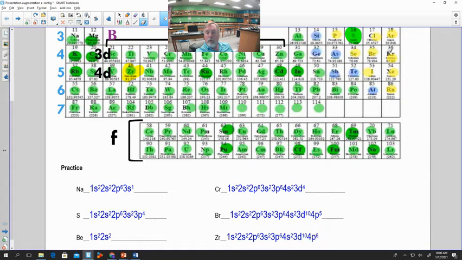Let's keep going down. We've finished that row. Come down to the next row. We're at row 5 here. We've got 5s1, 5s2. And what follows our 5s2? It's our 4d here. Remember, the d's got pushed down, and zirconium is in the second position, 4d2. All right, so it's pretty easy.